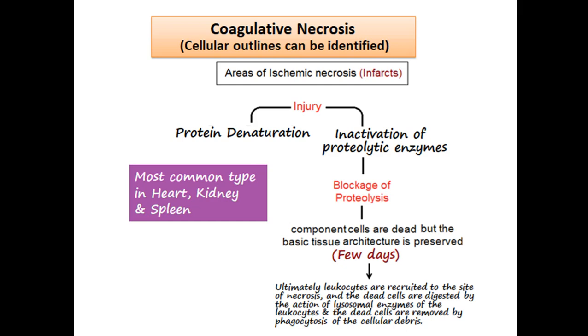And whenever a tissue or a part of a tissue is deprived of its blood supply, it will undergo ischemic necrosis, and that is known as the infarcts. But one characteristic of the coagulative necrosis is that there is no total dissolution of the tissue, and the cell outlines are maintained. The reason behind